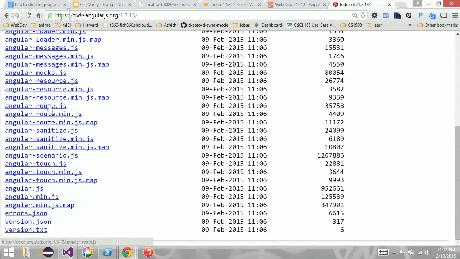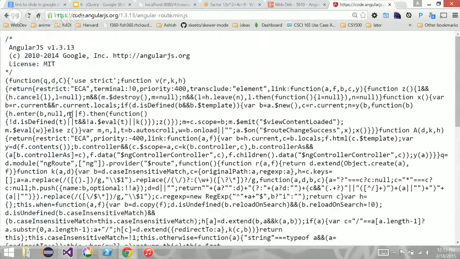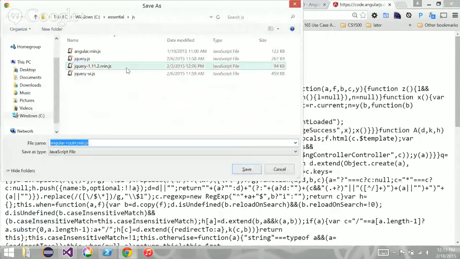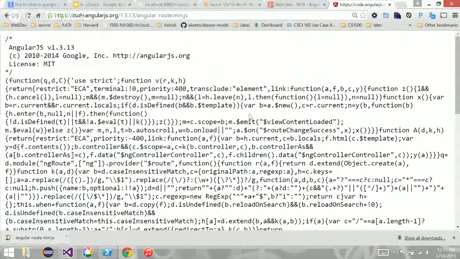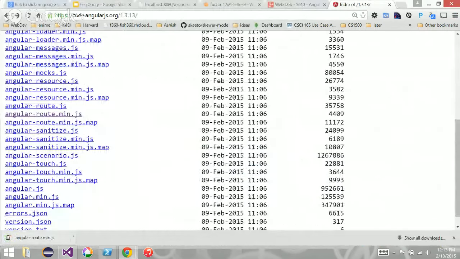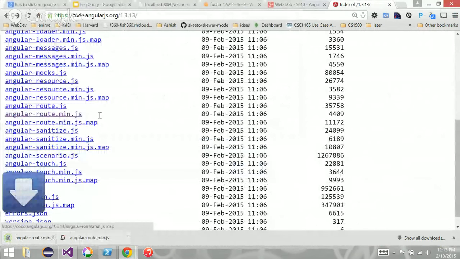So I'm going to download the minified version. I'm just going to save it locally, Essentials.js. Exactly, that's where I want it. I'll save that. And also, I'm going to download the map. Actually, let me download everything.